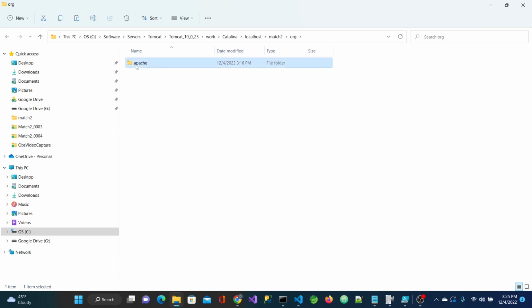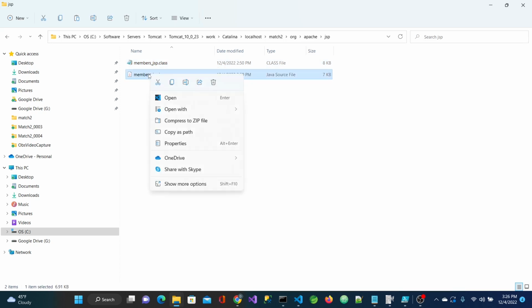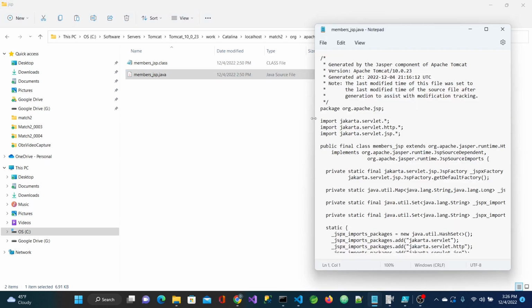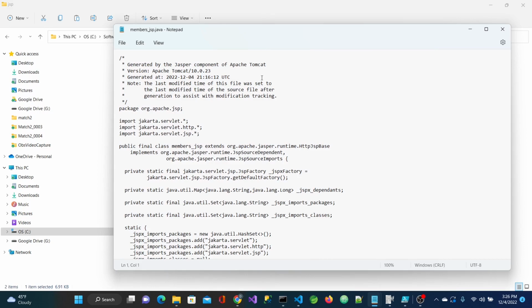Keep drilling down. You can see here that our JSP page was actually converted to a Java class. And after it got converted to a Java class, it was also then compiled automatically for us. So if we open up this Java class just to see what this guy looks like, we can open it up with Notepad. And if you notice here, this was generated for us. It tells you right here in this top comment that this file was generated by a Jasper component of Apache Tomcat. And so if we start scrolling down,